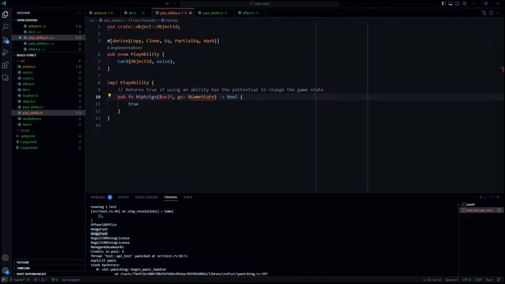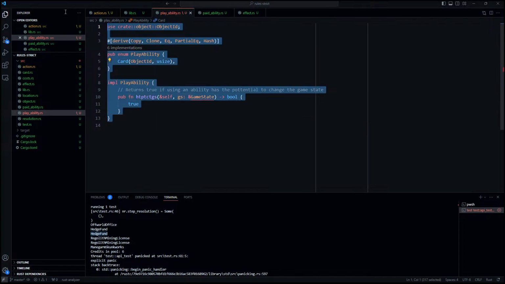But I don't know if the rules specify that. Any ability on an event or operation. Nice. Okay, they only exist on events and operations, which means that we can simplify our model here a bit,